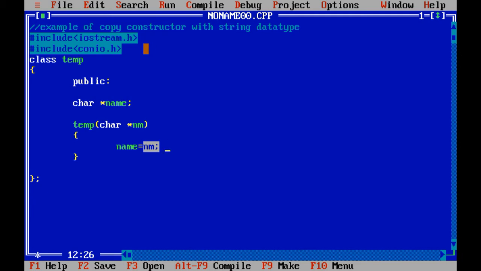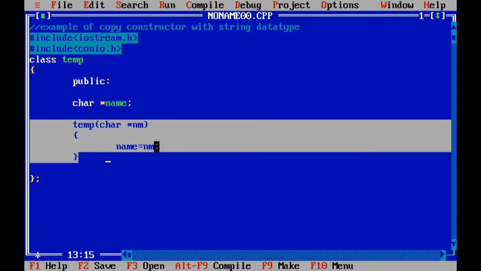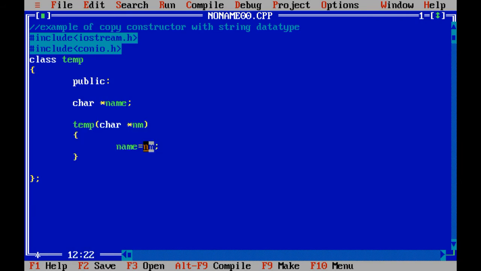If you want, you can take the string.h file over here and consider the strcpy function, in such cases also you can do it. Or C++ gives you the facility to initialize the string data with the equals to operator.